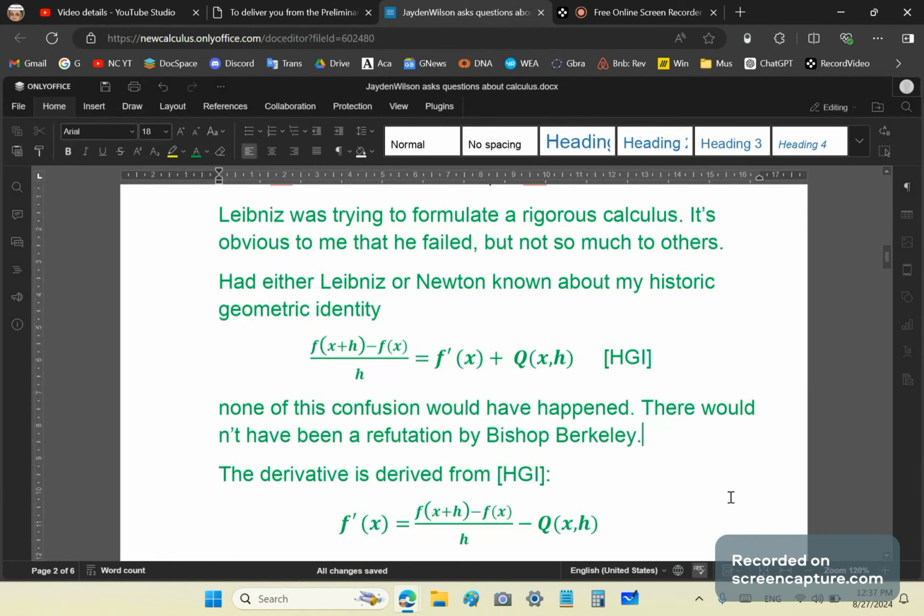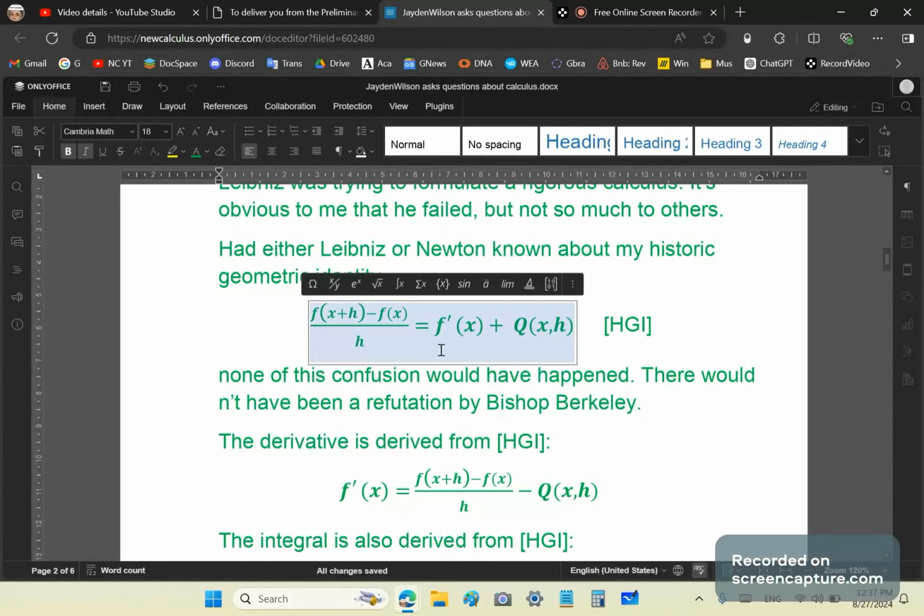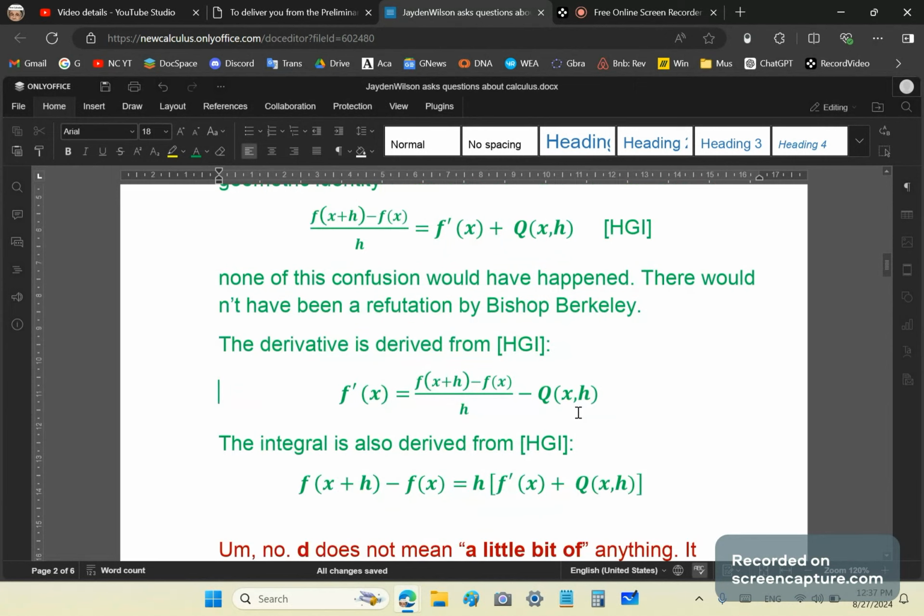Had either Leibniz or Newton known about my historic geometric theorem, which is the identity from the theorem, which is what you see in front of you here, none of this confusion would have happened, because this identity is as simple as 2 is equal to 1 plus 1. So there wouldn't have been a refutation by Berkeley,